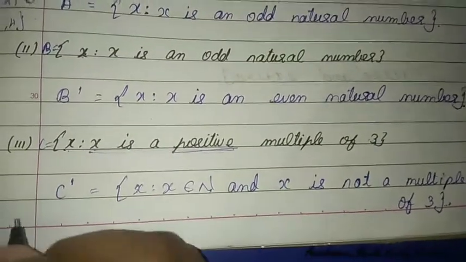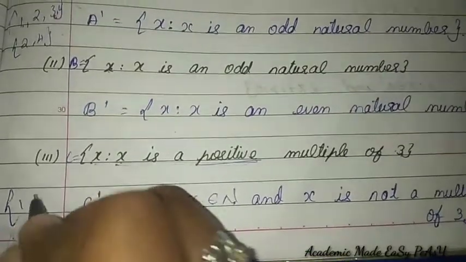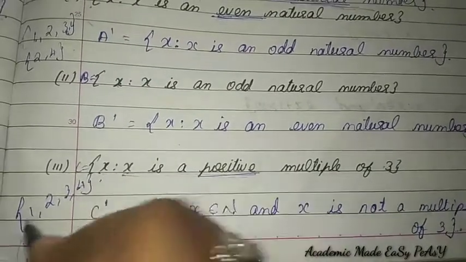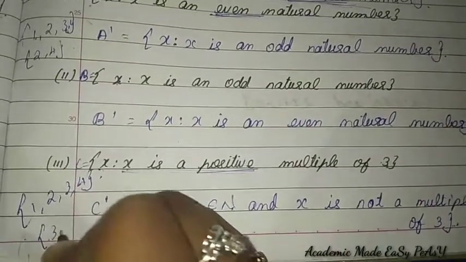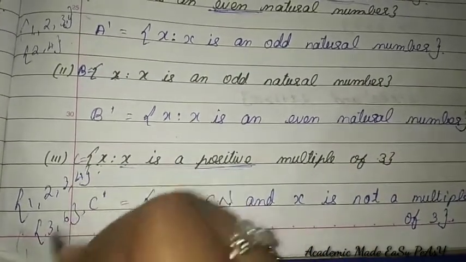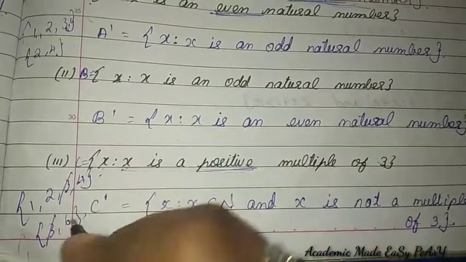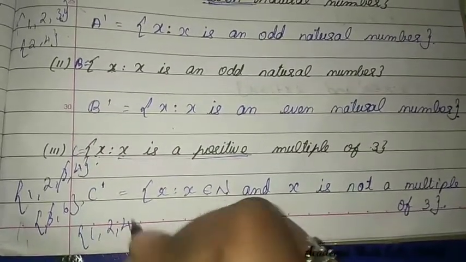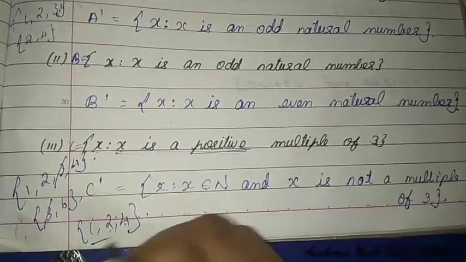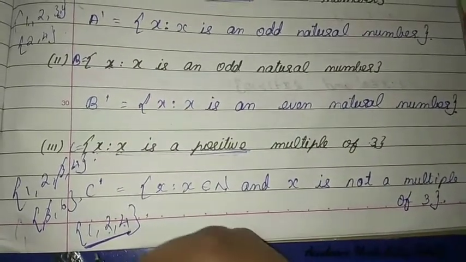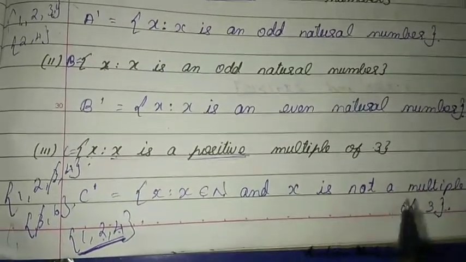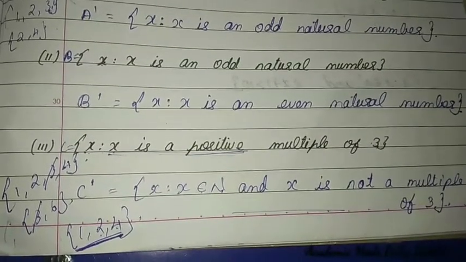Is that clear? So therefore, for example, if we take 1, 2, 3, 4. Now I have taken the positive multiple of 3, which means only 3, 6 will be there. Is that clear? So now if I take the difference for this, 3 and 3 will get cancelled. So 1, 2 and 4. So here except multiples of 3 only is present, isn't it? And also positive numbers are there. This is a positive number and it is not a multiple of 3 also. That only I have written in set builder form.